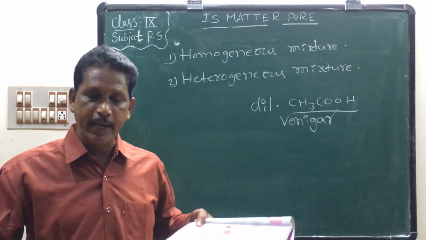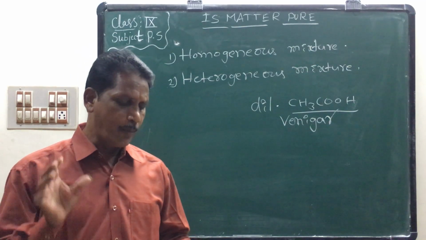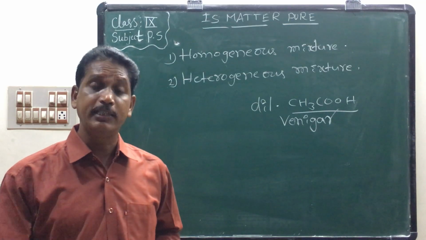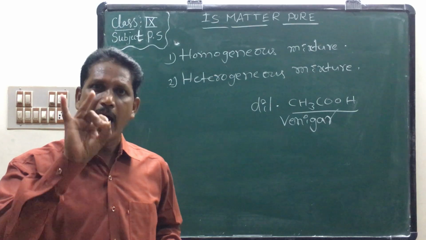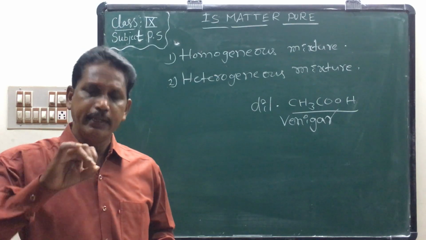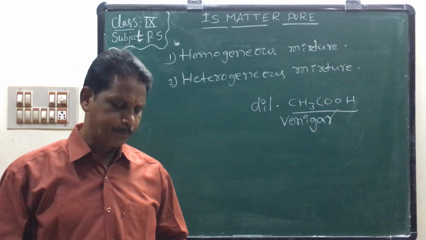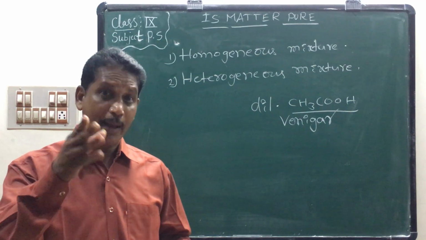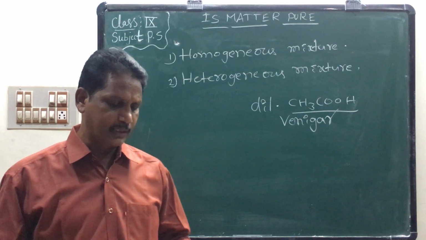Air is a mixture of so many gases. So we prepare a drink, lemon water. Lemon water is a mixture of some salt or some sugar, water and lemon juice. It is a mixture of these three components. Example, lemon soda. It is a mixture of water, sugar, lemon juice and salt also.